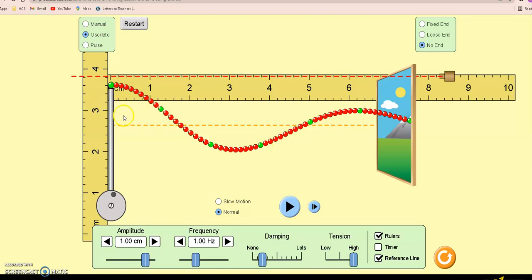Okay, now then, notice I have a crest here, and it goes through a whole wavelength, and then here's another crest over here. So it starts over here, and it goes all the way through over here, and this is in, notice the units is in centimeters. So the wavelength of this wave would be, I would say